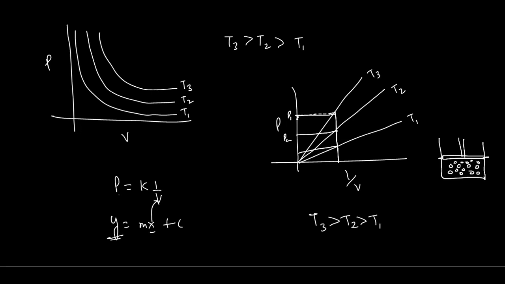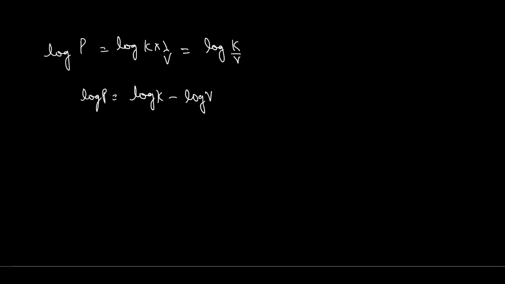Got it? Yes. Okay. Moving to the next, if we take this equation in the form of a graph, we have P equals K by V, and taking log on both sides, log P is equal to log K by V. This one is A and this one is B, so it can be written as log K minus log V. I have taught this initially, as I gave this example.